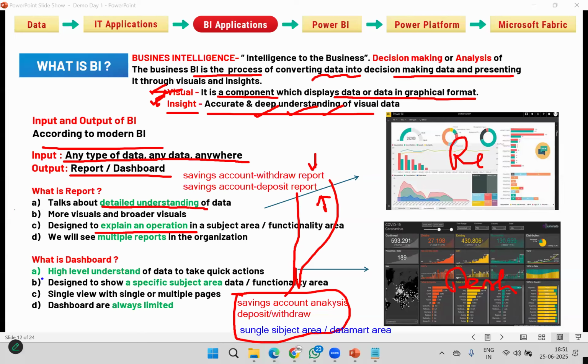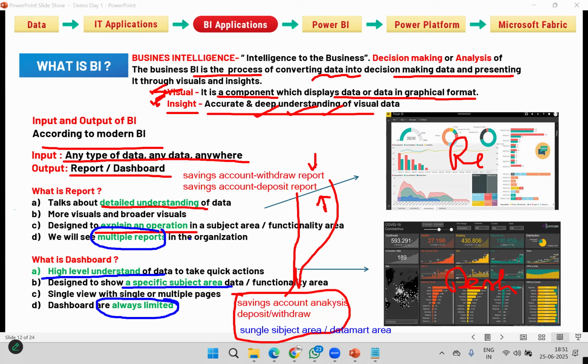Only high-level data is presented in a dashboard, specific subject area information. That's the reason dashboards are always limited in a company and reports are multiple, for every individual operation.